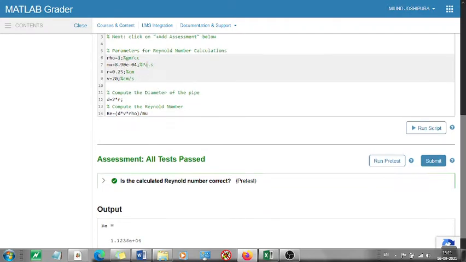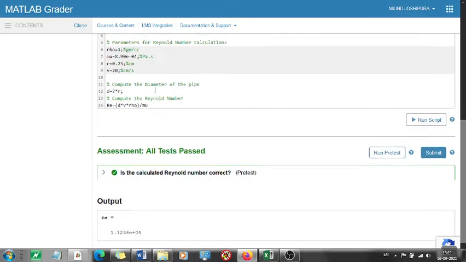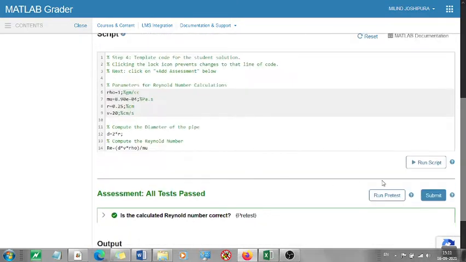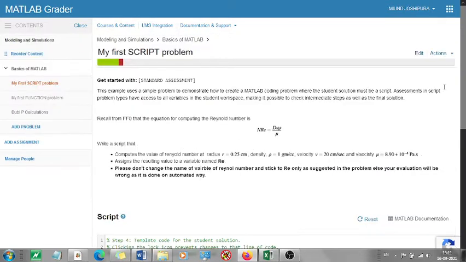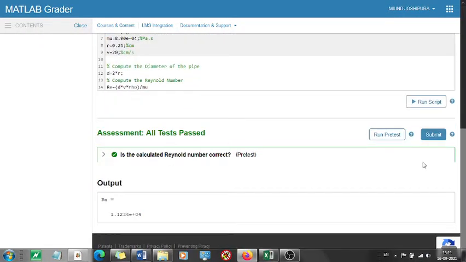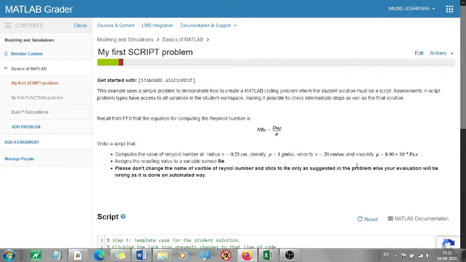This is how you create a script file. You see there is no function, there is nothing, all the values are here. This is how you are going to submit. Once you submit this, it will be available to me as a submitted file, right? Okay.